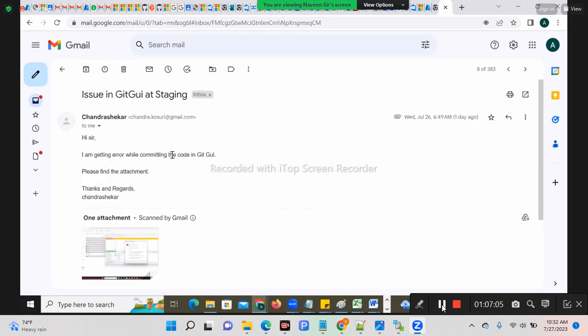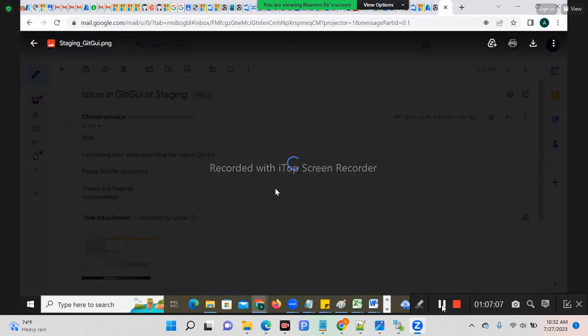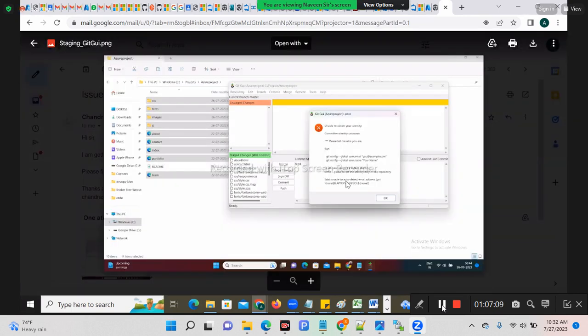I think the key is committing the kit: unable to obtain your identity. Okay, you are getting this issue. Very good. I got the point. The solution for that, Chandrasekhar, is you have to do one small thing. I'll tell you. Wherever you have a file, Chandrasekhar, wherever